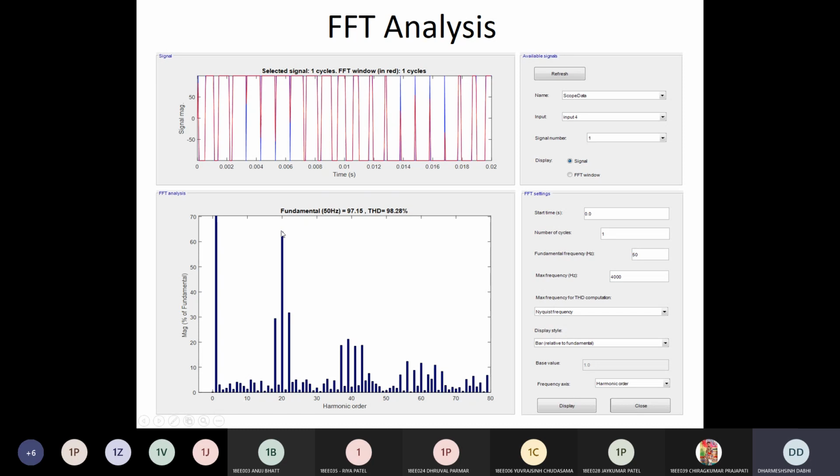So you can see that this is 20. Surrounding that, you can see here 18 and 22. In the same way here, you can see that is 39 and 41. This is 37 and 43. This one. In the same way, another next level harmonic is